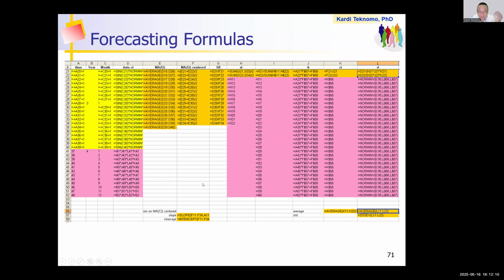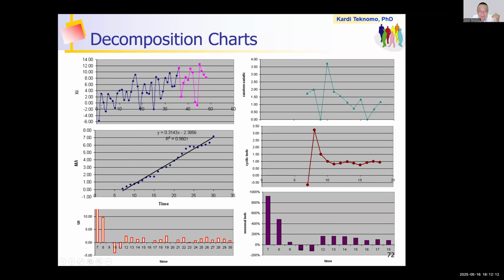So let's see the result. This is nice. Can you see that? So you can see the trend, and you can see the random variation. You can see the cyclic indices. You can see the seasonality and random, and this is the seasonal indices. And this is the forecasting. This is the data, the blue one, and the pink one is